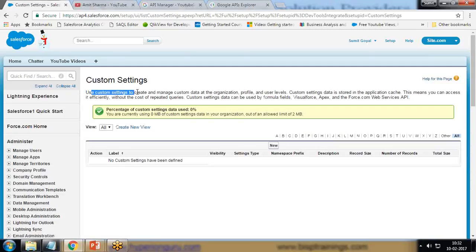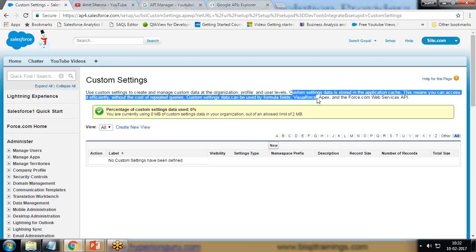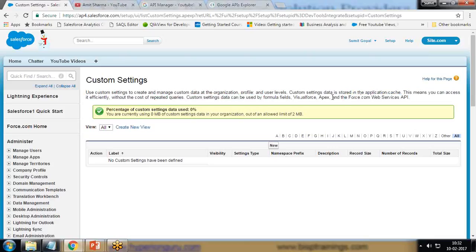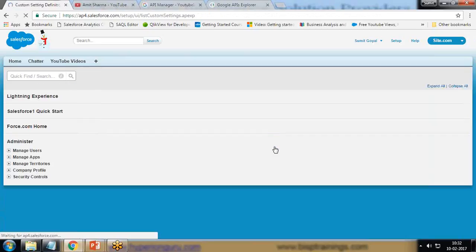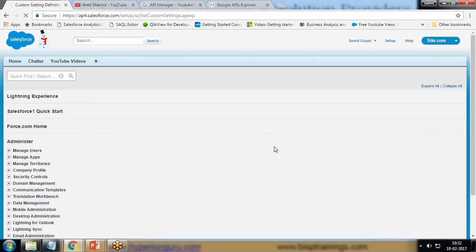Basically we use custom settings to create and manage custom data for the organization. Custom settings can be used by formula fields, Visualforce, Apex, and the force.com API web services. This custom setting will be accessed in one Apex class, so we'll see that. First of all, let's create a custom setting. I click on new,